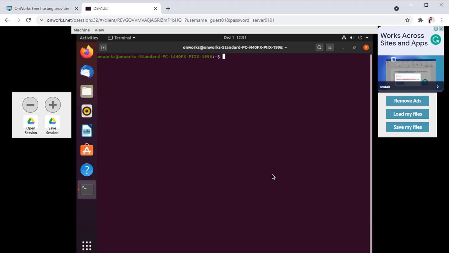Now the next command is the spell command. The spell command is used to check spelling mistakes in a particular file or in particular words. Now we'll create some file, xyz, enter.